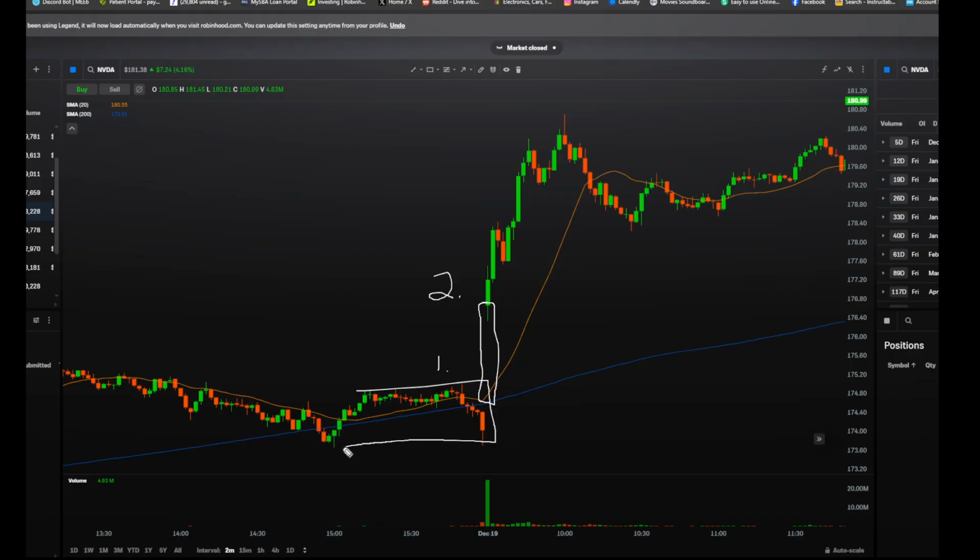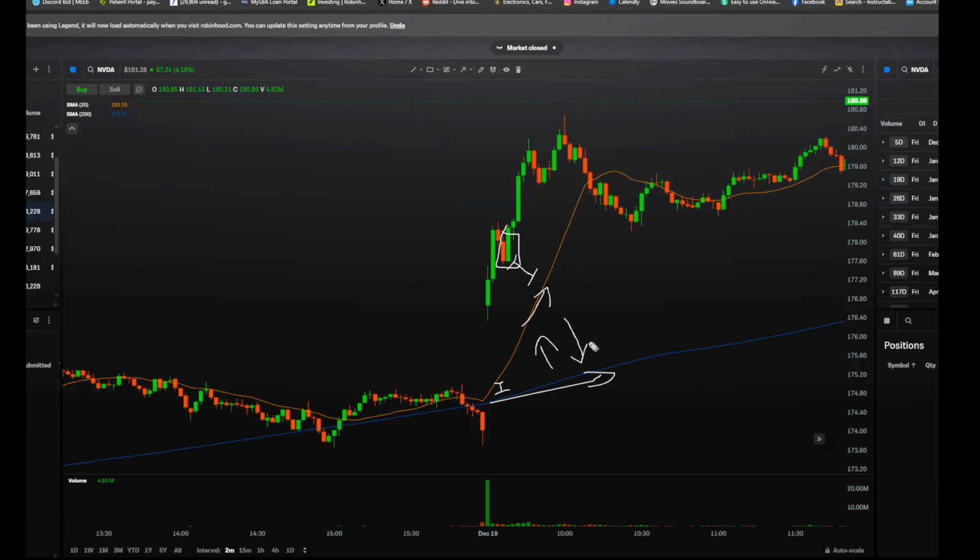You do your Fab here, you call that 2, and then you've got 3 up here. But what we can see here is that it's not as far from the Fab, from the close, from the SMAs, right? So whenever we get a color change entry event near that 20, the 20's trending, coming from the narrow stay, it's also above the 200, 200's below the 20. That's an easy game, but this is just an example to show you why it worked